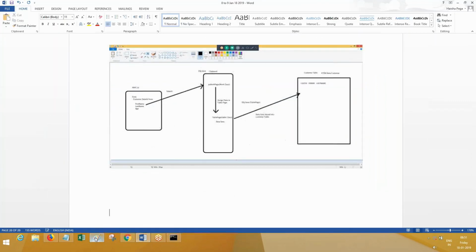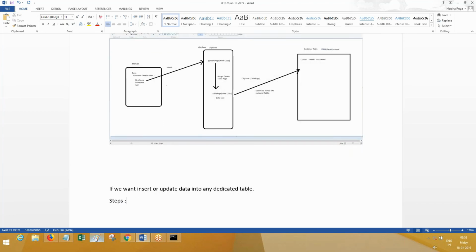So now if we want to insert or update data into any dedicated table, what are the steps? What is the first step? Make sure you define a page referring to the table class.